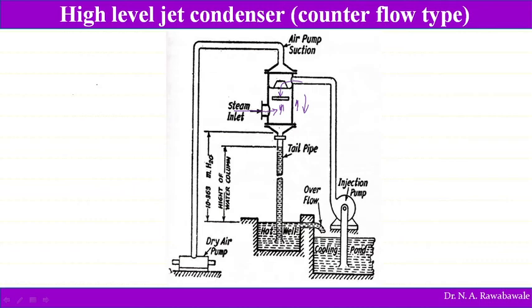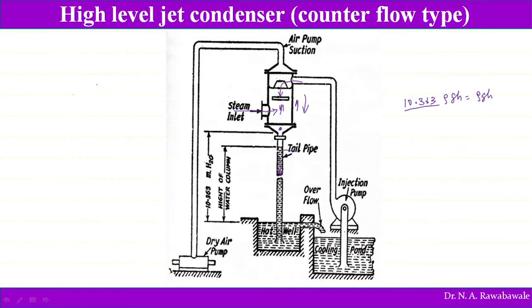So this water which is collected comes down because of its self weight. So this tailpipe height is approximately 10.363 meters of water. So this rho gh of water is equal to rho gh of mercury, or atmospheric pressure. So this becomes equal to the atmospheric pressure. Therefore this water automatically comes into this hot well, and excess water which is collected into this hot well will fall into this cooling pond.